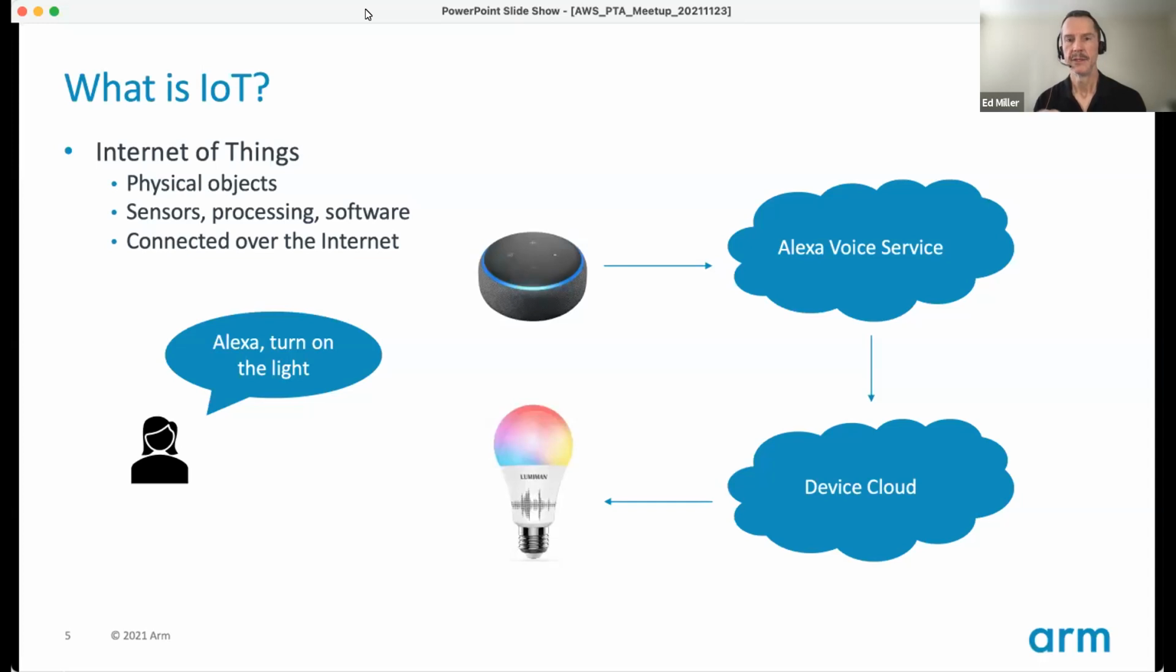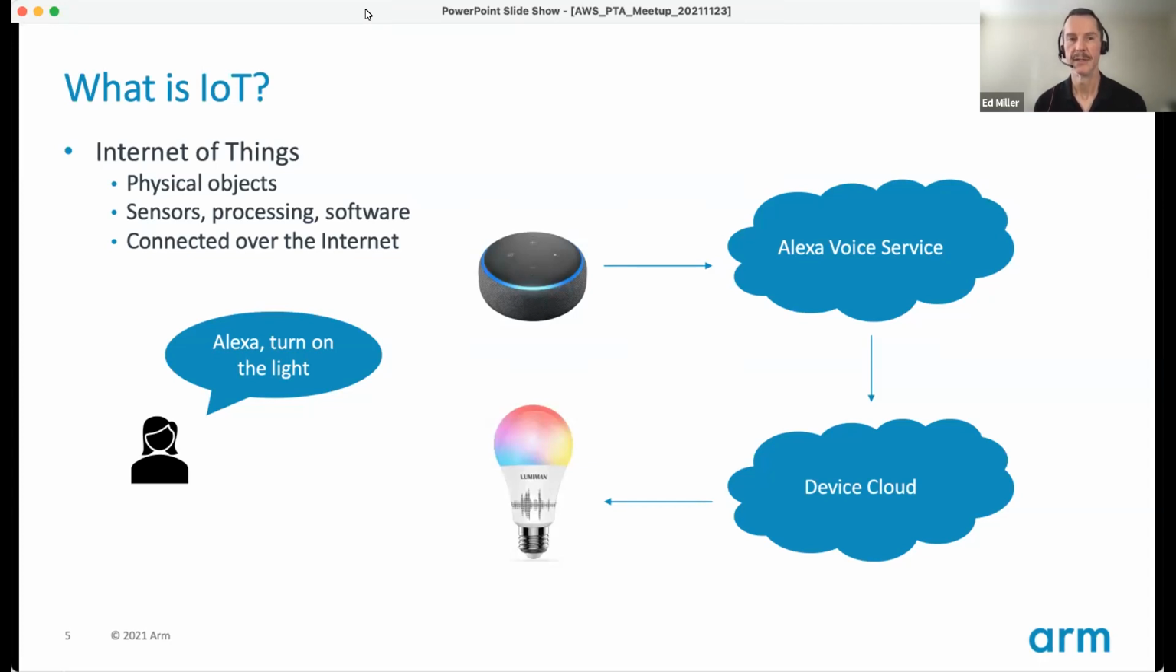So IoT, I'm sure many of you know, just trying to simplify things a little bit, is about physical objects that can sense or process or act on the environment using software, and they're connected over the internet. So they are things talking to each other over the internet, oftentimes talking to the cloud or through the cloud. An example of some common IoT usage for home today is something like the Amazon Echo